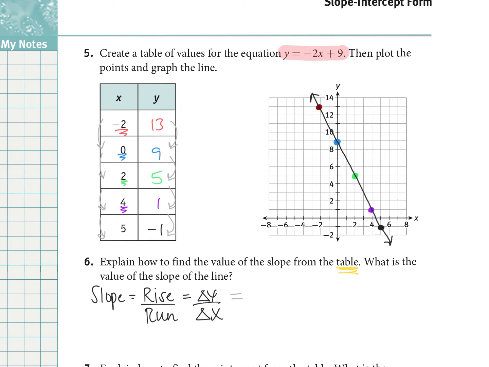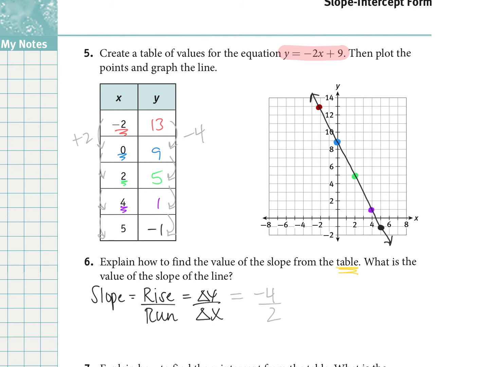So we're going to go ahead, and we can see that we're subtracting 4. Now, in our change in x values, we can see we're adding 2. So our slope is going to be negative 4 over 2. Now, maybe I can reduce that. Maybe I can find another way to write that. So let's keep going and testing if the slope is consistent, which it should be since we wrote this for